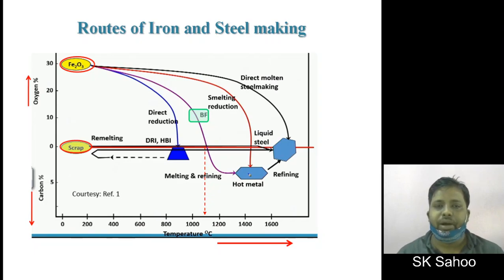And when we talk about our direct reduction, DR process, producing sponge iron or hot briquetted iron, that is HBI, it is seen that reduction is complete at a much lower temperature, at about 900 degrees centigrade. Two types of DR process are there: one is the coal-based process and the other is the gas-based process. In the coal-based process, we use non-metallurgical coals, and in the gas-based process, we use